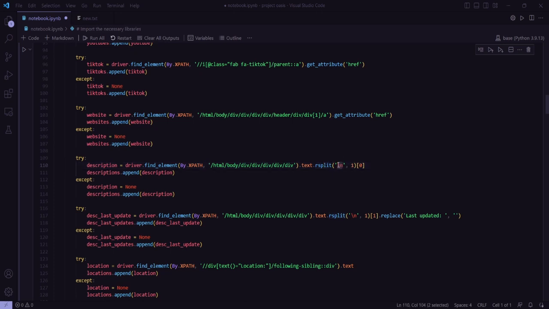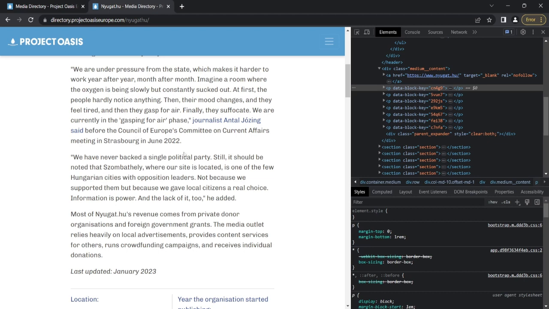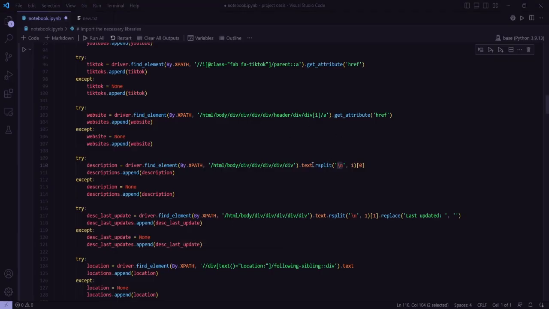This one. After each paragraph it's invisible here, but it is there when we get the text. So we split it from the right only one time from the right. So this way we get